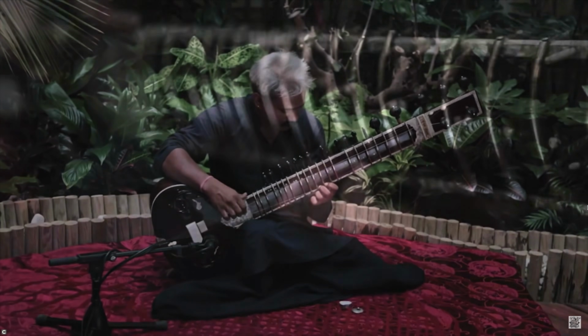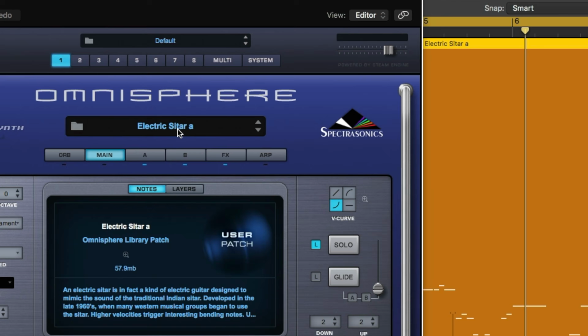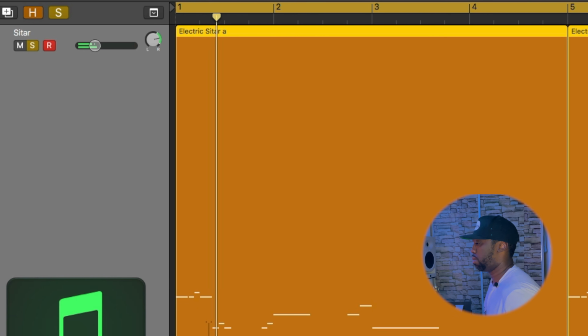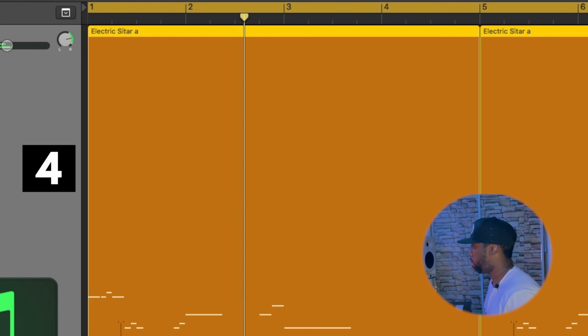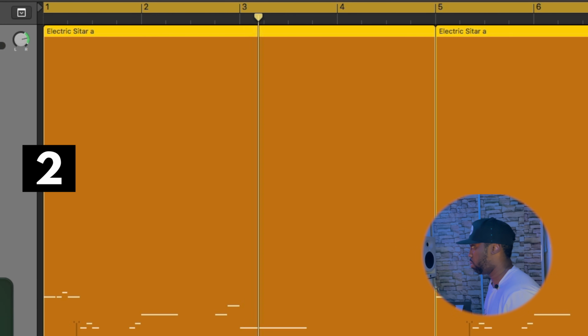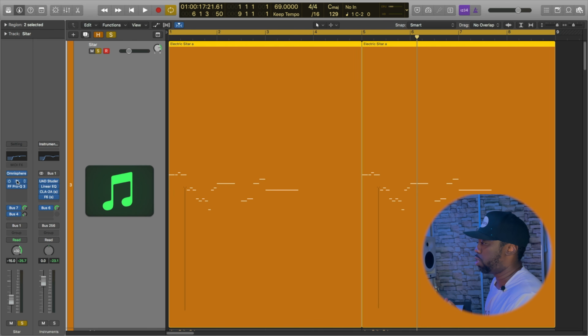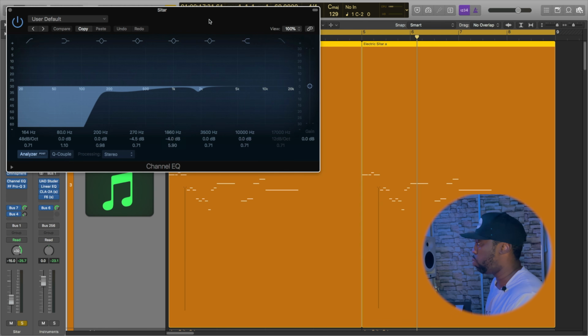So for this sample, I started off with an instrument called the sitar that I got from Omnisphere. One of my favorite things about this instrument, other than how it sounds obviously, is how well it handles melodies. In fact, when I came up with this melody, I was originally inspired by groups like the Jacksons and the Stylistics. And as far as effects are concerned, I'm really just doing some basic EQ to clear out some frequencies